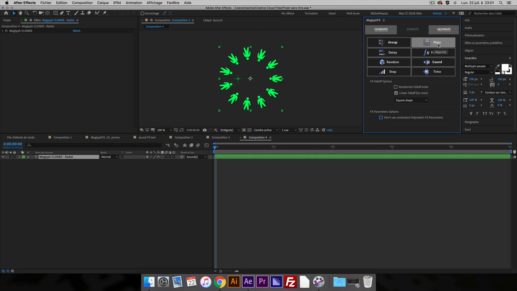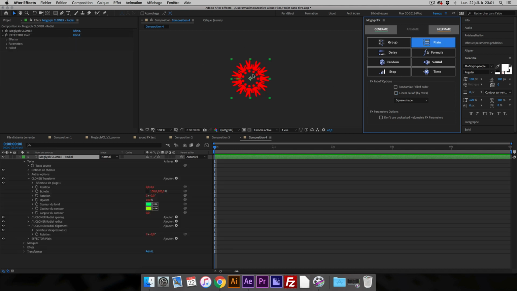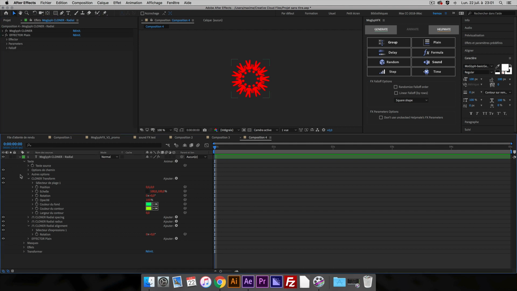Let's keep in mind that if I don't have it checked, this is the case by default. If I click on plane effector, it will push all the clones with the plane effector toward the center of the ring, and it will colorize them because of 2 options here, because of the colors from cloners and fill color. Okay, so now if I undo this,